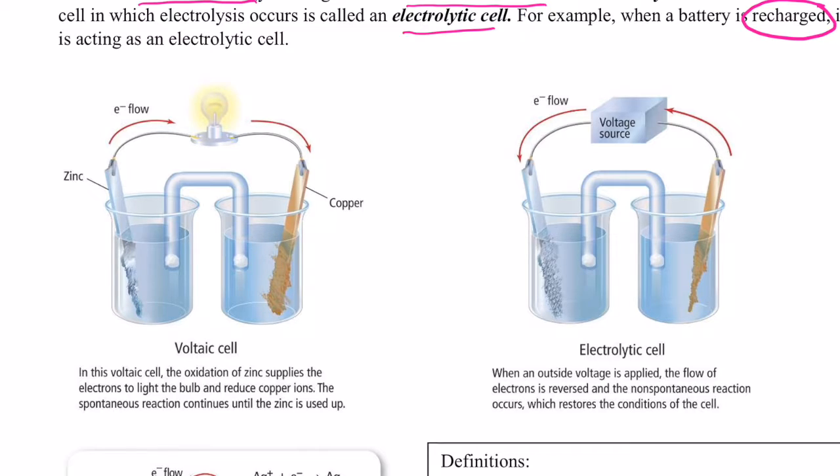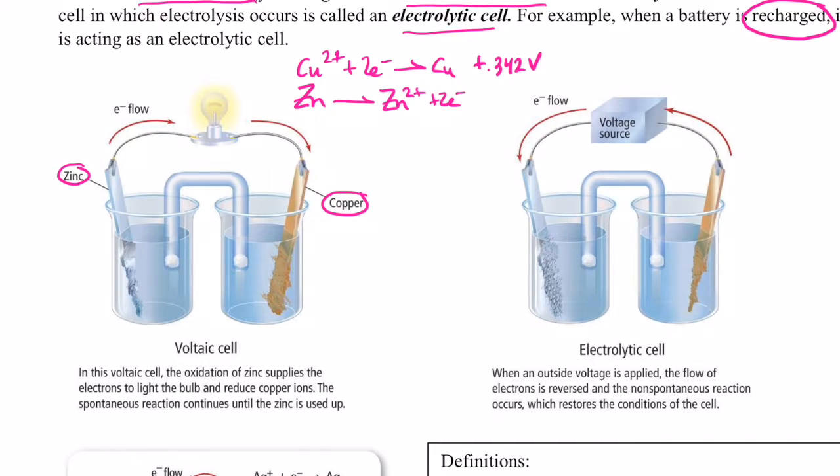We know that in a zinc-copper voltaic cell, that reaction is spontaneous. Let me write down the pertinent reactions here. We have copper 2+ gaining 2 electrons to become copper metal. Now the reduction potential for that reaction is a positive 0.342 volts. The other reaction has to be an oxidation reaction, and that is zinc metal becoming zinc 2+ and